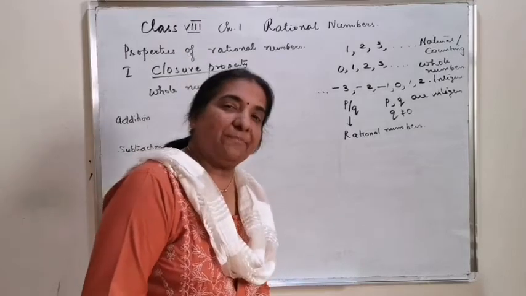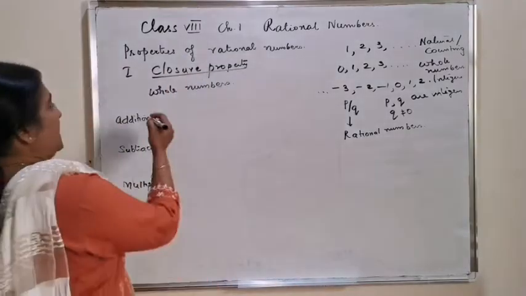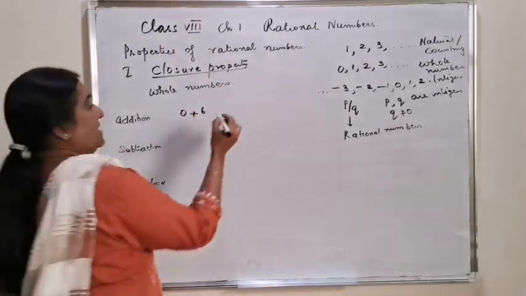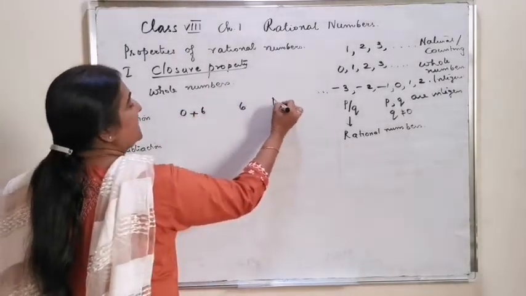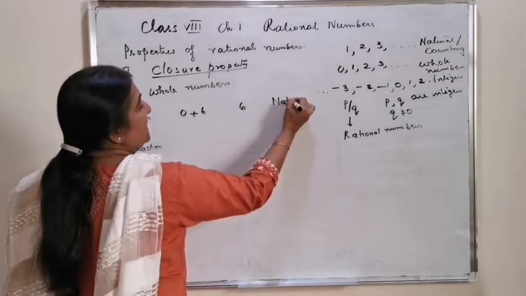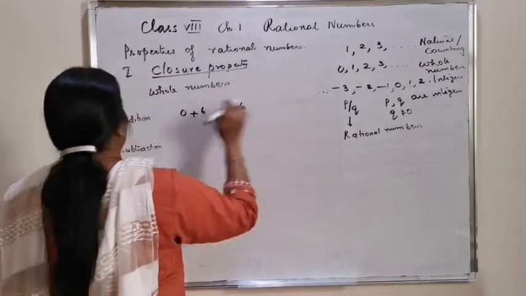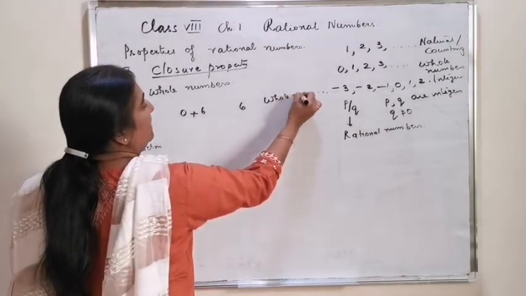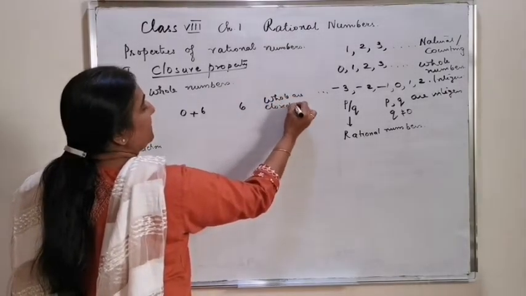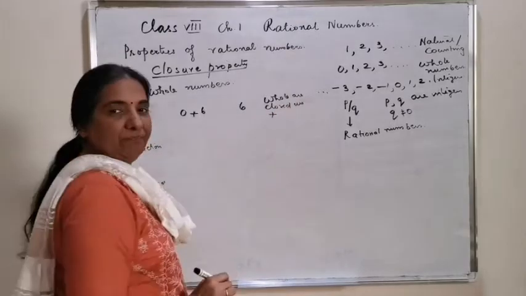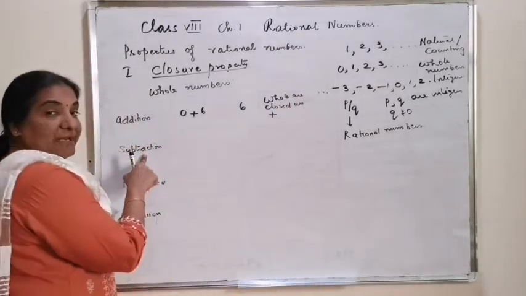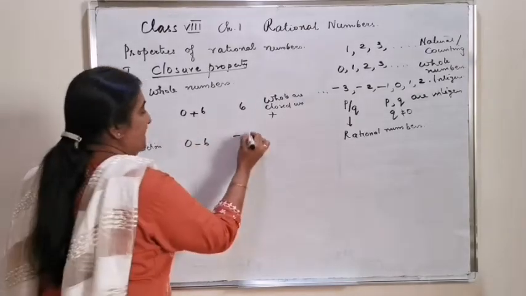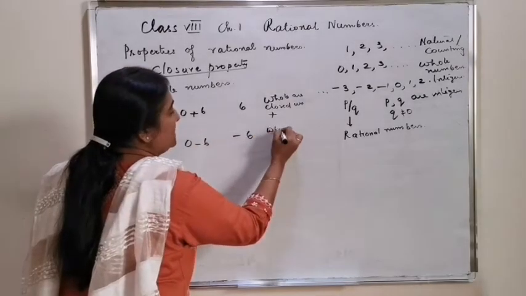Let's go with an example with 0. Addition: 0 plus 6 is 6, which is a natural number, hence a whole number. Whole numbers are closed under addition. What about subtraction? Let's take the same example, 0 minus 6 is negative 6. Whole numbers are